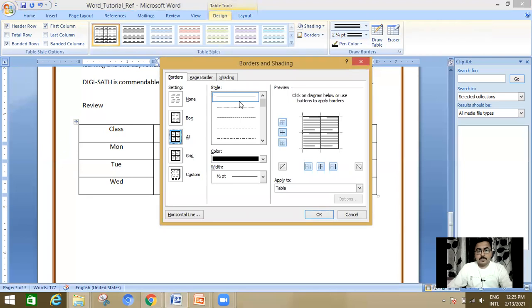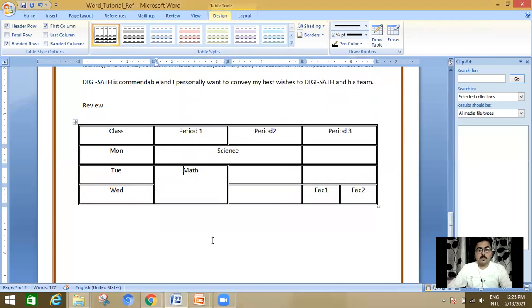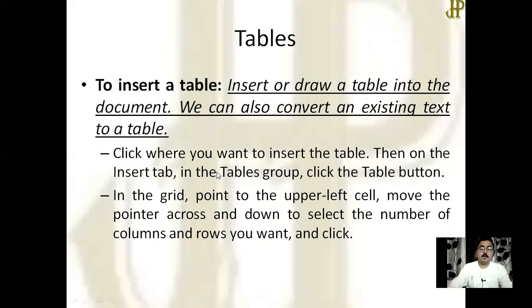From the style section, you can choose a particular border. Width can be decided by you, and click on OK. Now the border of the table will look like whatever you have chosen. So these are some functionalities under the table section.